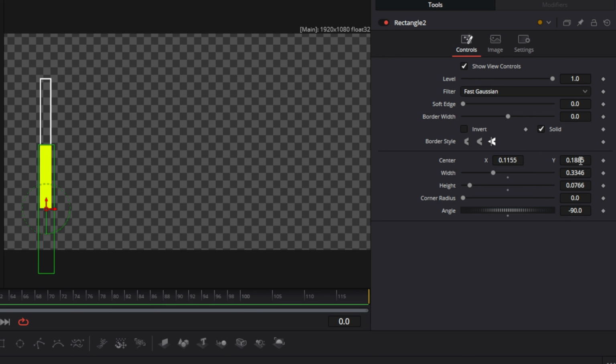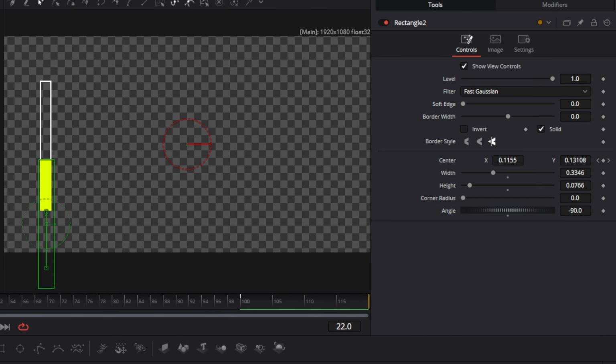So we're going to take the Y and we're going to put a keyframe right there since this is our 0 point, and we're going to make this one go negative. So we're going to take it over, let's say, to frame 100, and then we're going to create another keyframe by dropping the progress bar down as far as you want. You can take it off the screen to a 0, or you can take it up a little bit. We're just going to take it up to just a little bit. And now when you play this, you can see that the progress bar will actually move to the negative position